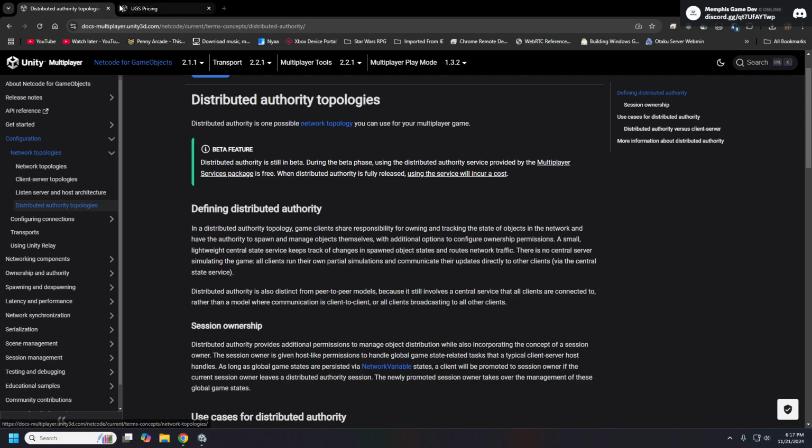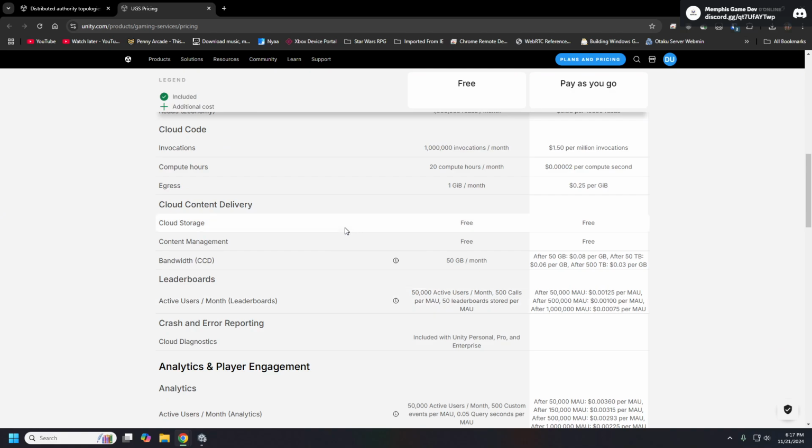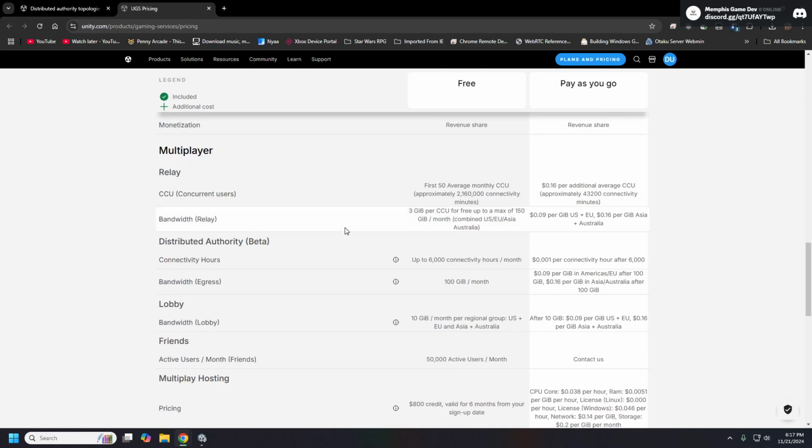It is similar to how the Relay service works, in that it is by user hours. In Relay, it's a little bit confusing in that they do it by concurrent users, which in Relay is 50 concurrent users per month,